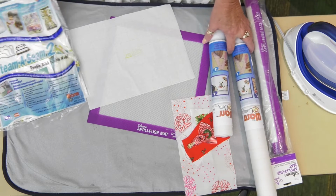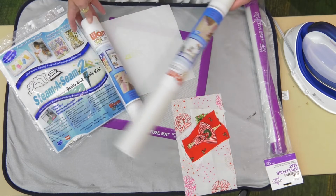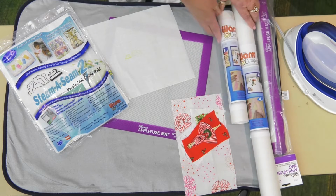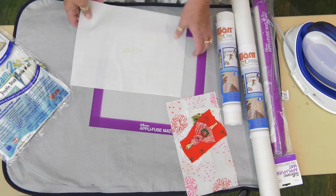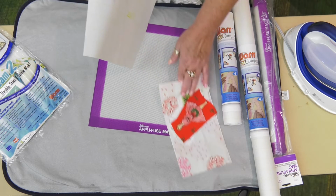First of all, I want to talk about the fusible I use. I use Steam-A-Seam 2, and I use the heavy Steam-A-Seam 2. I don't use the light. It comes in different sizes. This is the 24-inch, and this is the 12. It also comes in 18-inch, which I don't have with me here today. And this is the little sheets, the individual sheets that are like 9 by 12, I believe. So depending on your project, you will choose which size works best for the project that you're doing and the size of fabrics. For this demo, I'm using just one simple Steam-A-Seam sheet, my little fabrics here,